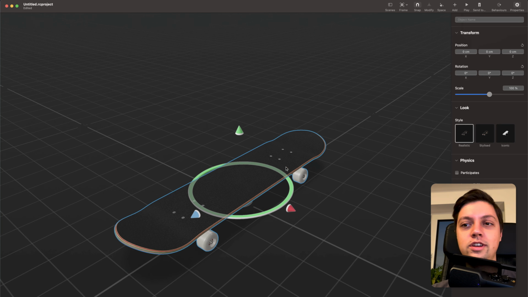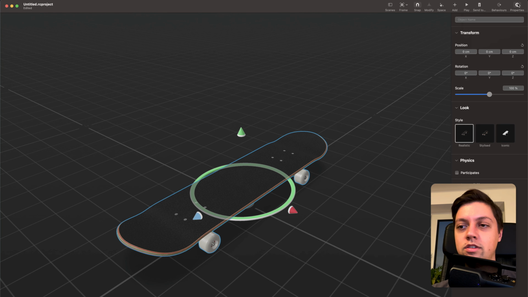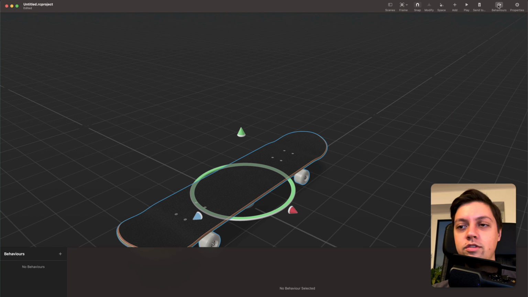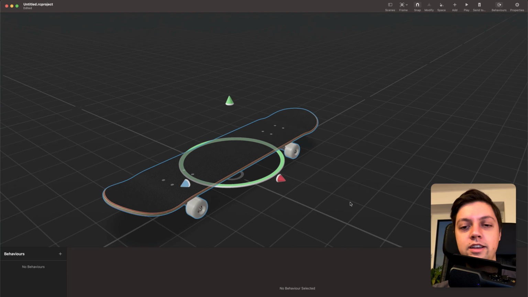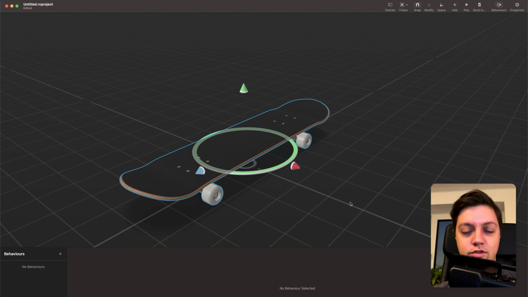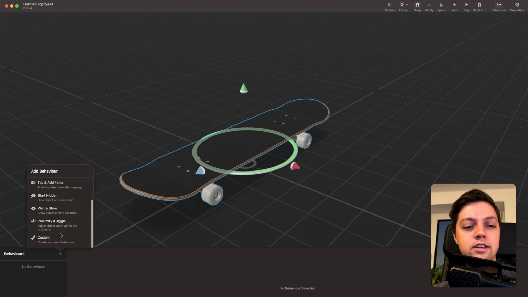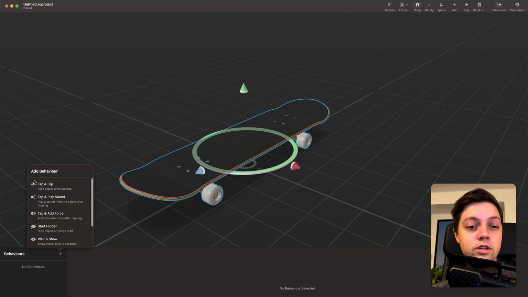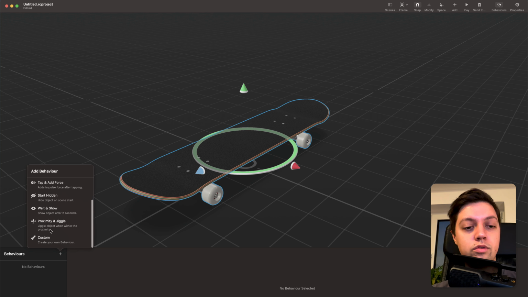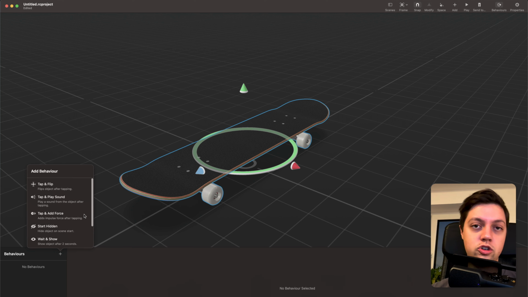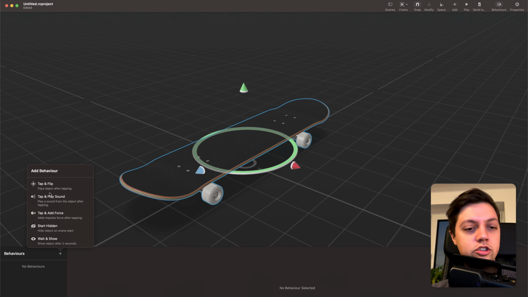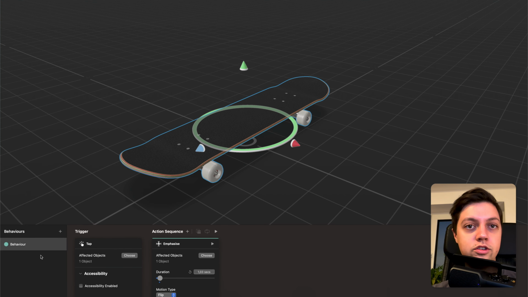And this is where RealityComposer gets interesting, because we can now, instead of using the Properties tab, go to the Behaviors tab, and you will see a new section pop up at the bottom of the screen. And here we can add interactions paired with animations for our objects. So if we hit this little plus icon here, you will see a small pop-up, and there are a bunch of predefined behaviors, and there's also the ability to create a custom behavior. First of all, we will have a look at a predefined one. Later on, we will build our own custom behavior and have a look at how you can actually start that behavior from code. So let's just select tap and flip here, and you will see a new behavior getting added